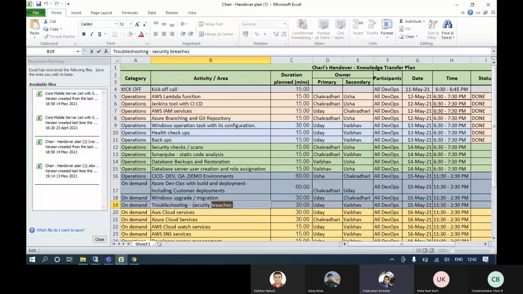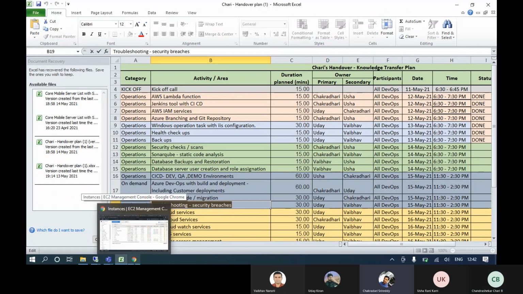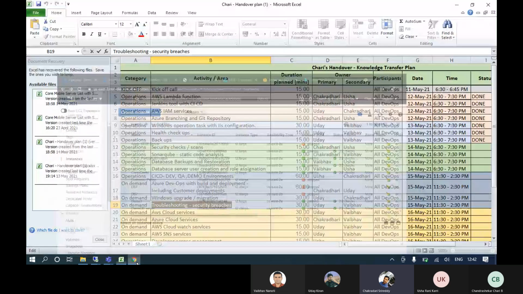Yes, since I have taken handover, earlier Divya used to do the Nessus scan. I think I already explained to Usha as well. One day we both worked on the Nessus scan. It's one of those vulnerability tools for Windows servers. We don't have any paid account here.